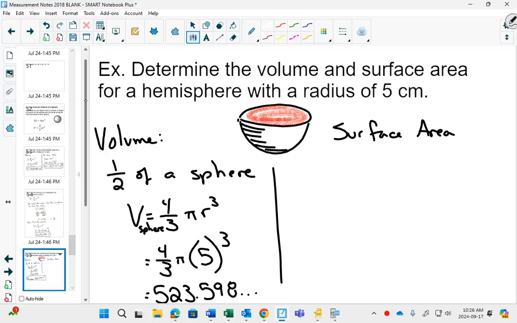It's almost right to just cut it in half, but then when you cut it in half, the red part gets added. Does that make sense? So you're going to take the idea here,